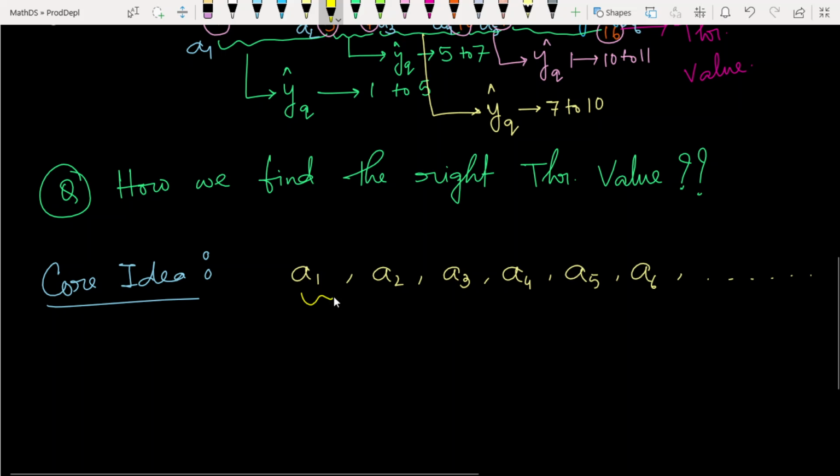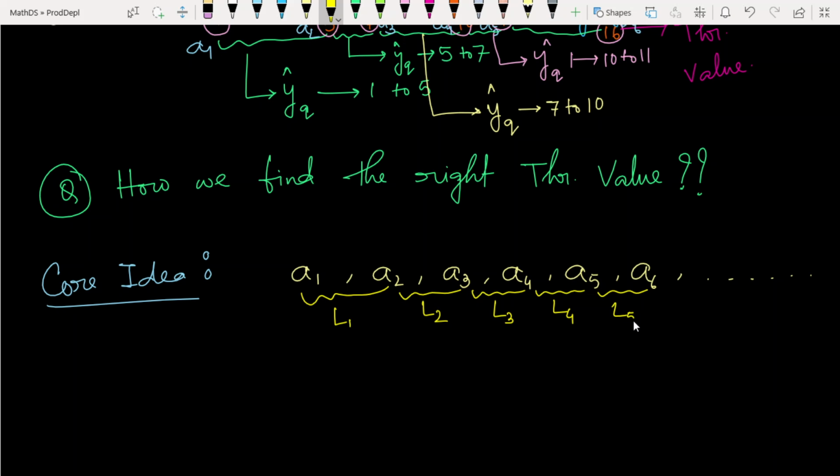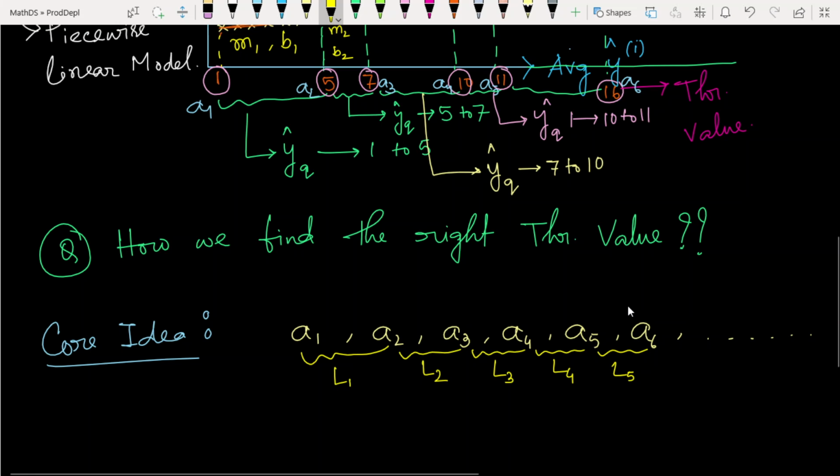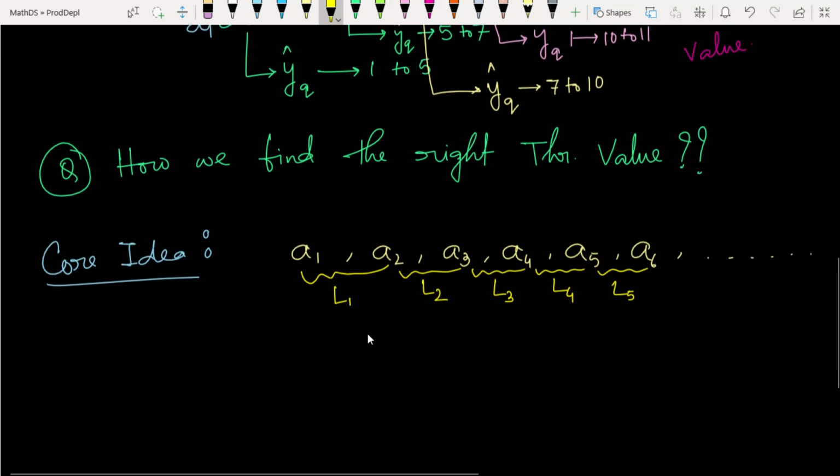So on this region we apply L1. On this region we can apply L2. On this region we can apply L3, L4, L5, like that. You can apply a linear model, and for each linear model,